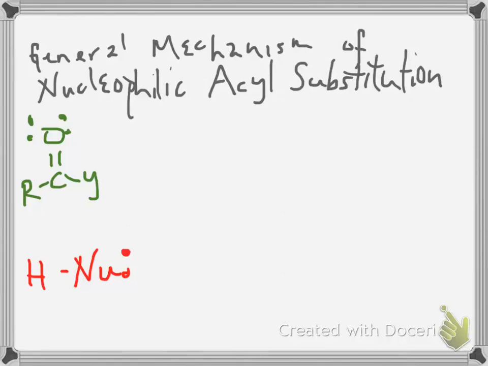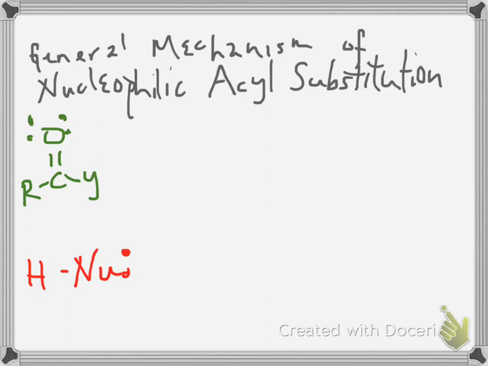Hello. I wanted to go over just the general mechanism of nucleophilic acyl substitution. And so first off, we have to have a nucleophile. And as we mentioned in class, every nucleophile must have a lone pair of electrons to do the attacking. And then we have to have an acyl group. That's the carbonyl group, or this carbon that's double bonded to an oxygen. And this chapter in particular deals with the carboxylic acid derivatives, things such as acyl halides, acid anhydrides, amides, and